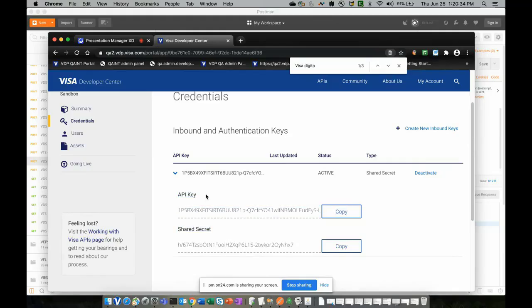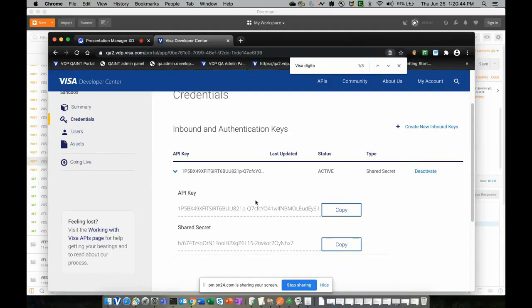XPay token just needs these two credentials for making calls. You do not need certificates like in the case of mutual auth apps. We also have an option of deactivating this API key and shared secret if you wish to. And this create new inbound keys option will help you create a new set of API key and shared secret if you decide to deactivate this.